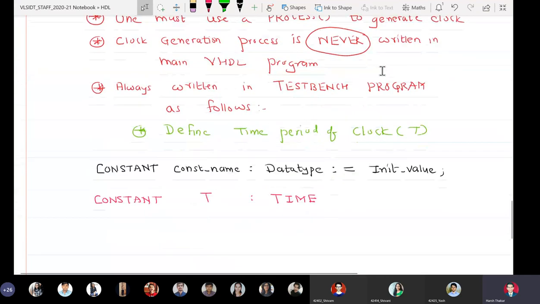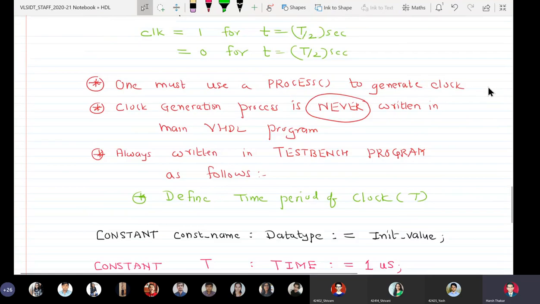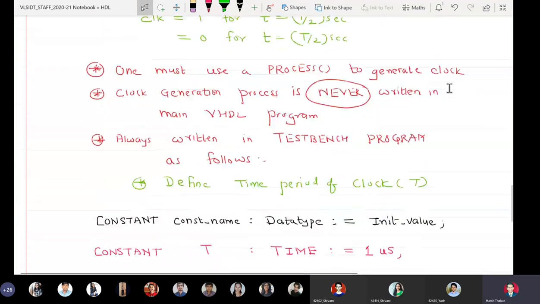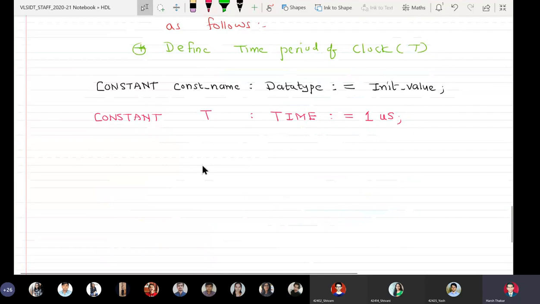So I will say constant T colon time colon equal to 1 us semicolon. I want to generate a 1 megahertz clock for which the time period is 1 microsecond. Now I can write down a process. So it is like this.